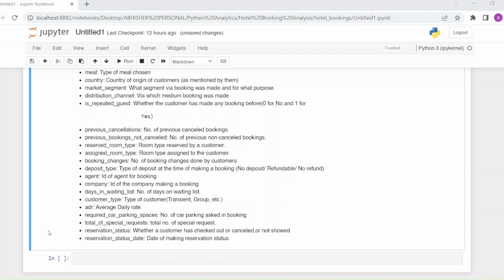We can use df.shape to get the number of rows and columns. We can see that 119,390 are the rows and 32 columns we have. We can also use df.head to see the first 5 rows. So we have resort hotel and we have the other hotel also, like city hotel. We will see further is_canceled, lead time, arrival date year,